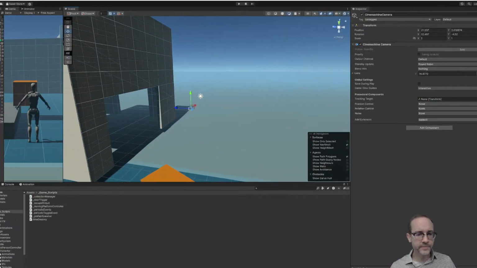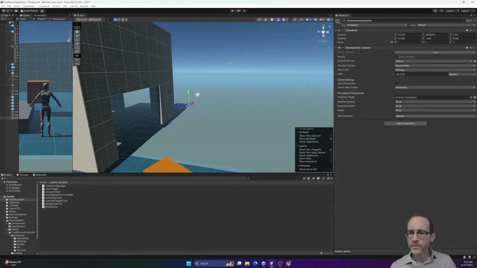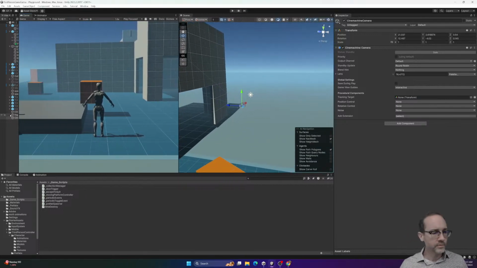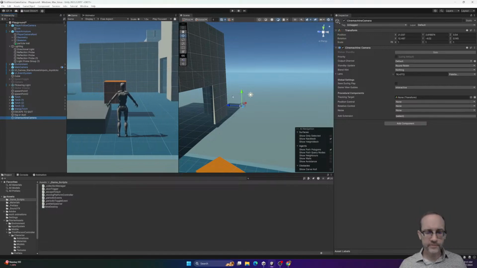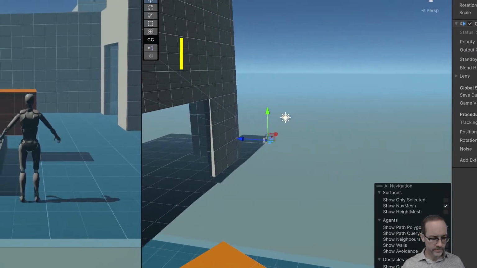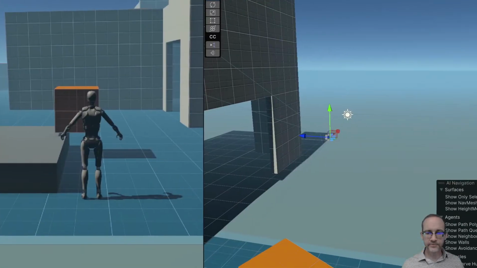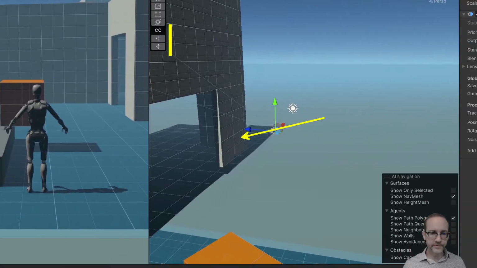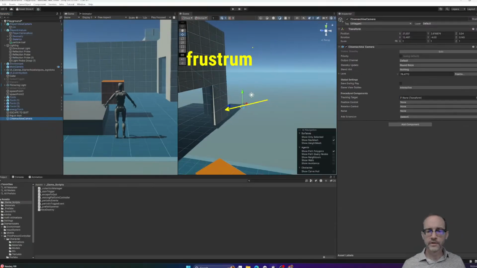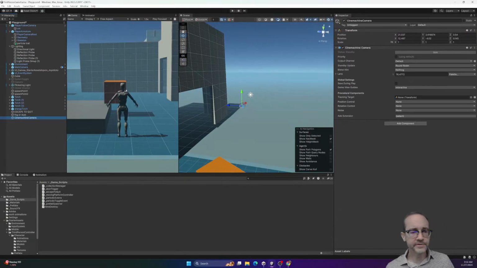The camera frustum, which is the view here, maybe a little tough to see on the live stream, but right here, when we see that box trapezoid pyramid coming out from the camera, this is the frustum, just the name for that visualization. And so if I were to turn this back on,